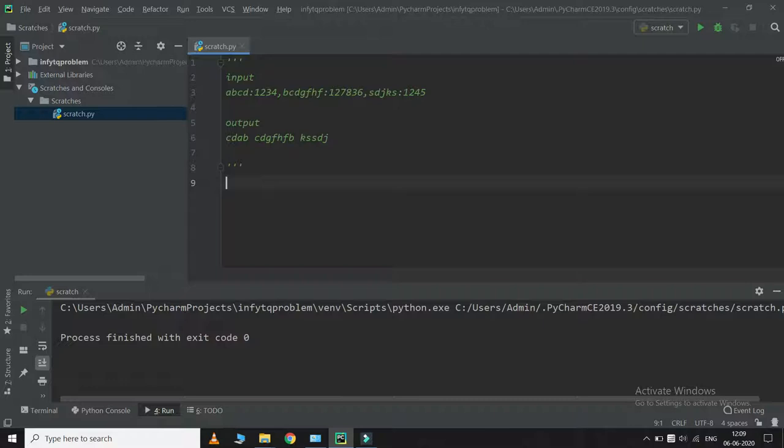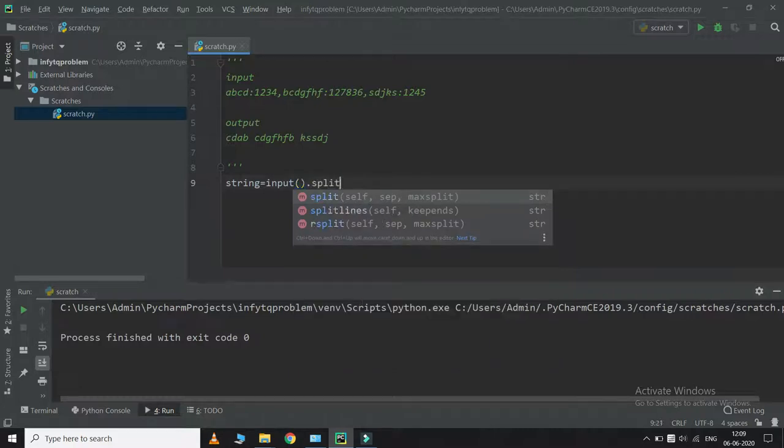So we have to take input. I'll just create a variable string equal to input. As we take input, I'm going to directly split by commas and make it a list. So I'll just write split.